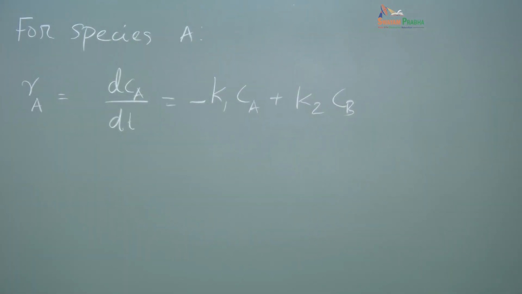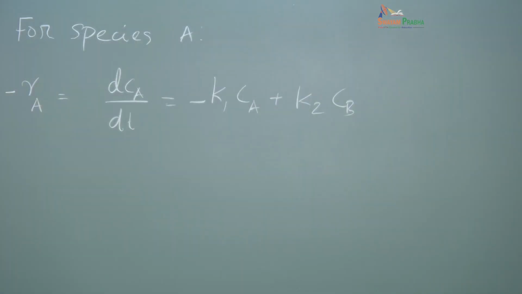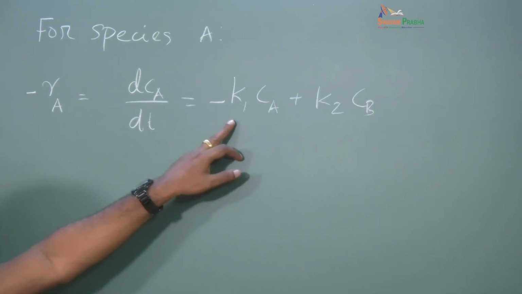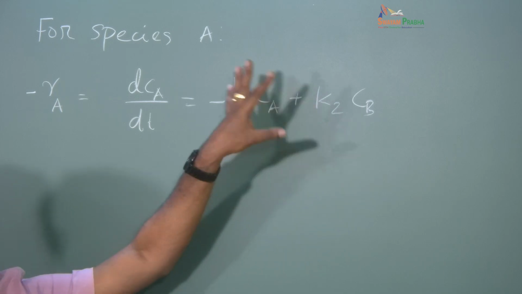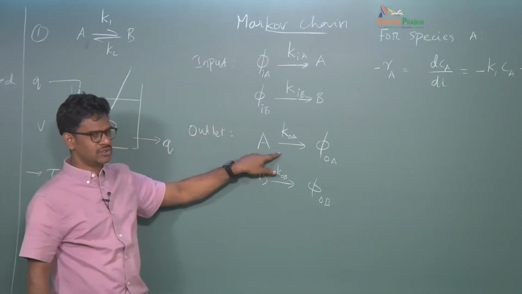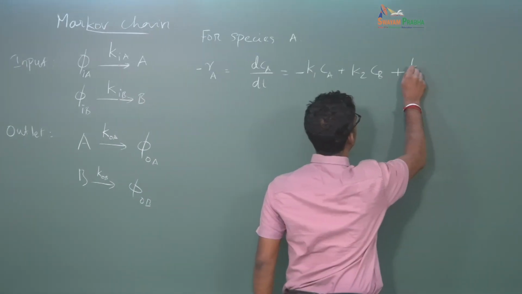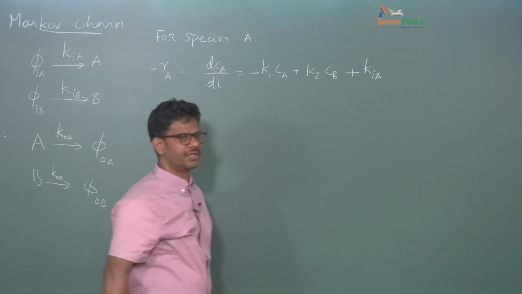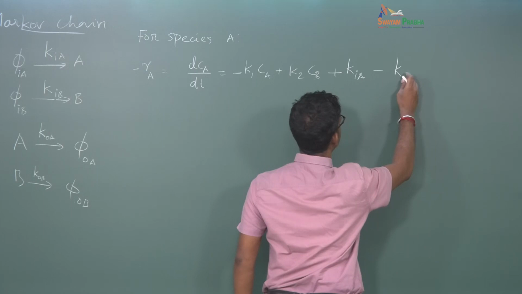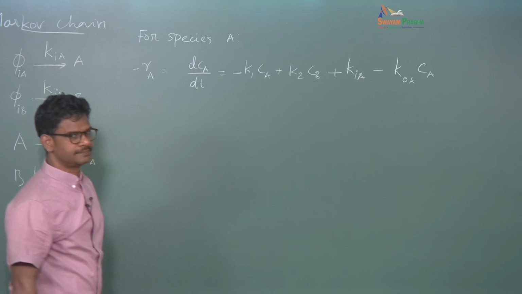dCA by dt, you can put minus RA. So dCA by dt equals minus K1 CA, this is a forward reaction, and this is a backward reaction. This takes care of the chemical kinetics. Now we have two additional things: A is also getting created and A is also getting depleted. So I will say that this is equal to KIA, because this is a zero order reaction, and then it is depleted with